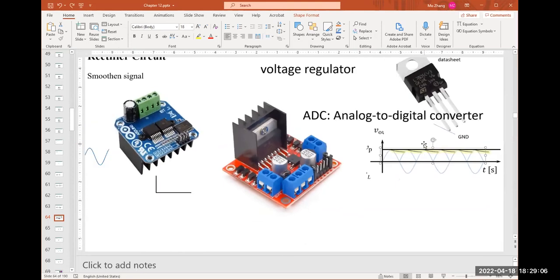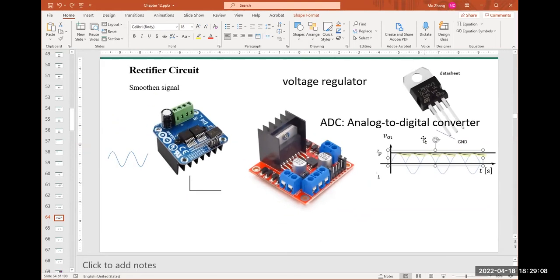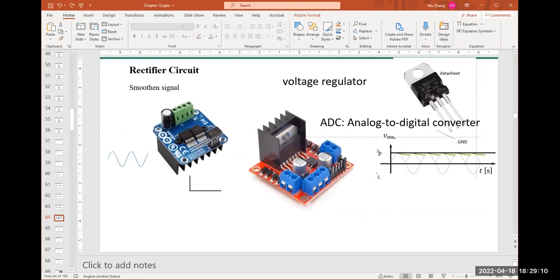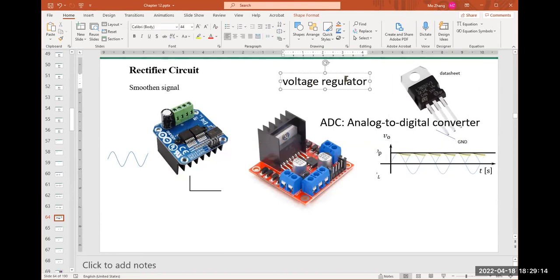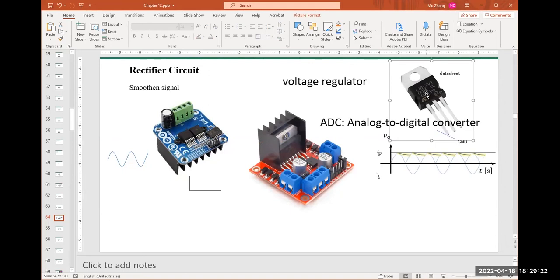And this is one step towards the final step. The final step is to add one more device here. This device is called voltage regulator. It regulates voltage, and this is how it works. If you place this in the circuit, and if you look at here,